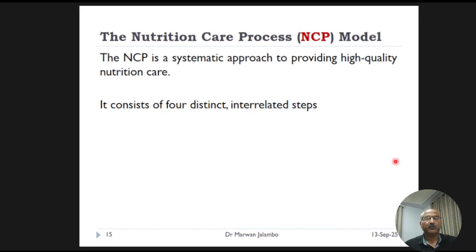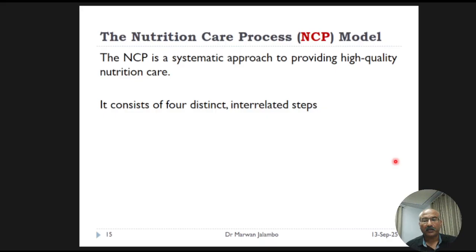Step 3 is nutrition intervention, and step 4 is nutrition monitoring and evaluation. So there are 4 steps again: step 1 nutrition assessment and reassessment, step 2 nutrition diagnosis, step 3 nutrition intervention, step 4 nutrition monitoring and evaluation, where we track progress and determine if the intervention is